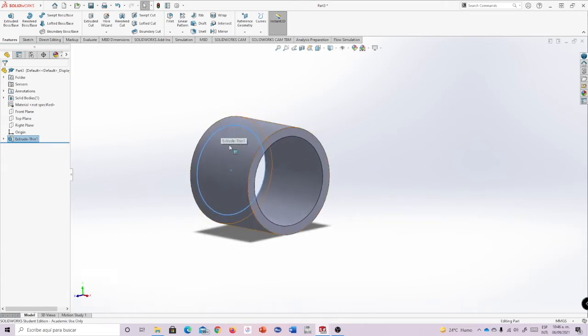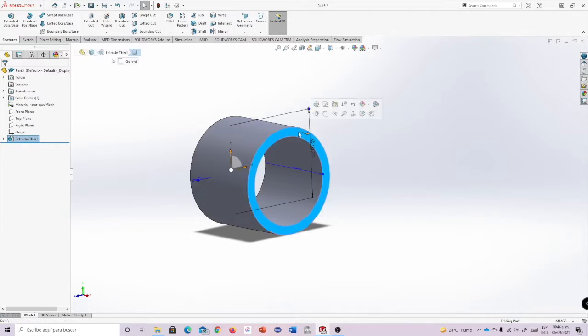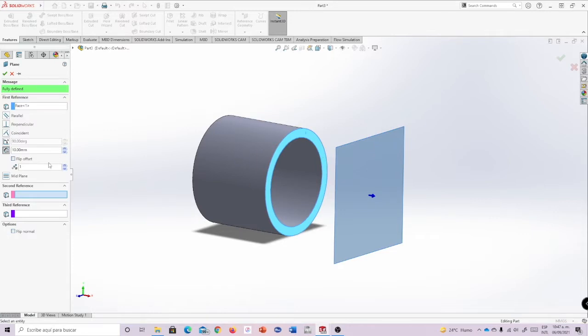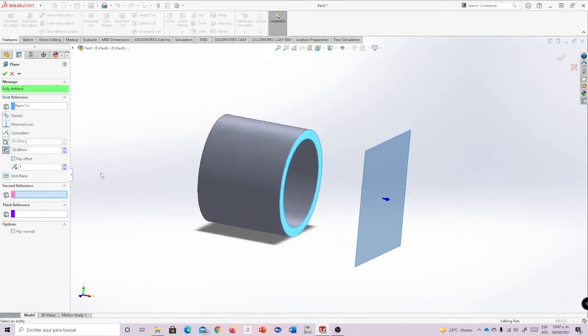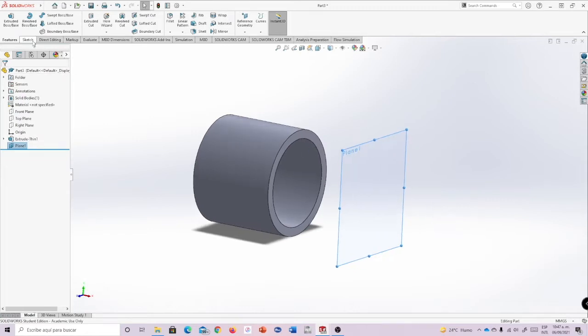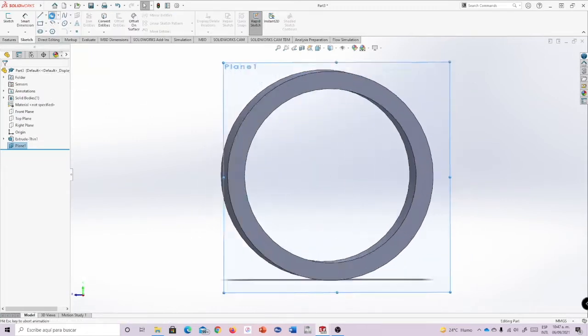Then I need to add a new plane. I'm gonna select this face, and I'm going to the features ribbon, and I'm gonna select reference geometry. In this case, I'm gonna select again plane. This plane displays a value of 10 millimeters away from the reference plane I selected, and that's okay. I'm gonna click OK. I'm gonna draw again a circle,